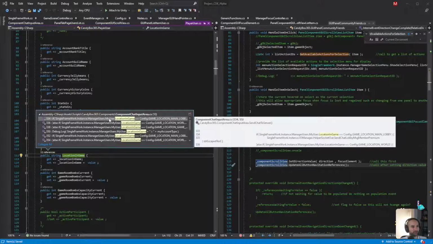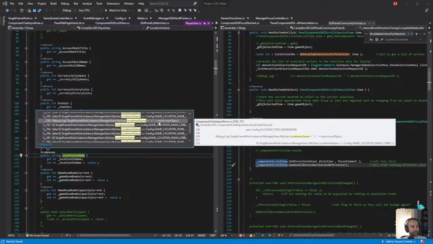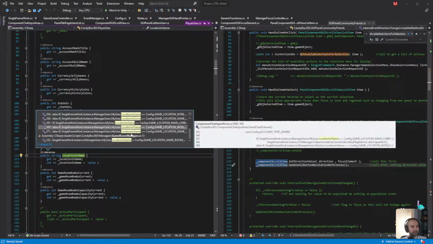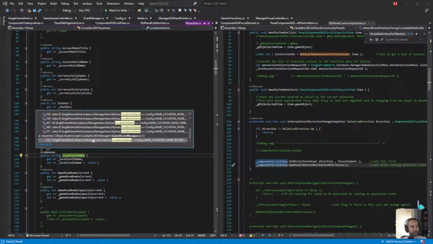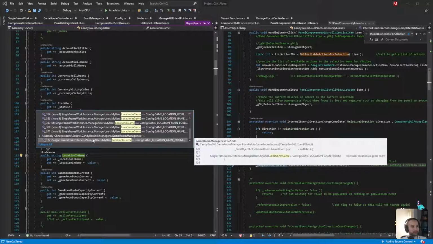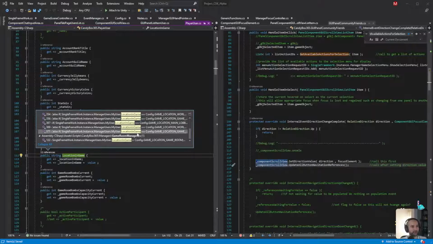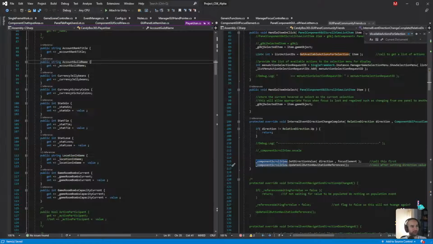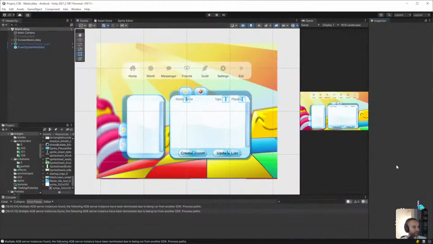Game room, chat. So these are all checks. None of these set the value other than game room, which we're not in. There should be a lobby one. Oh, that's what it should be. So there should be a lobby one.